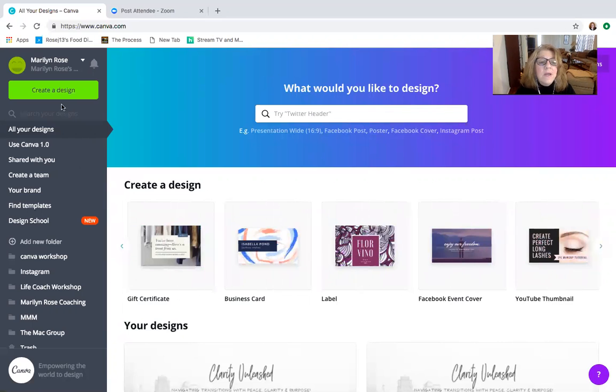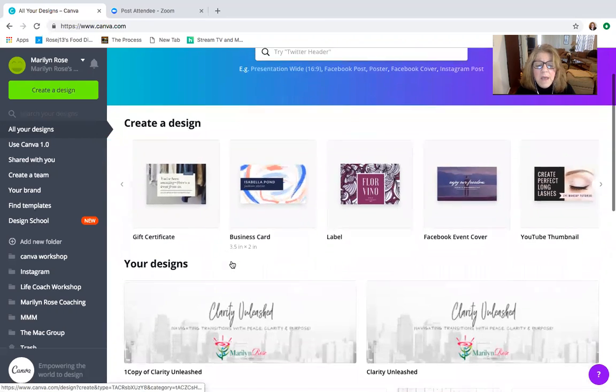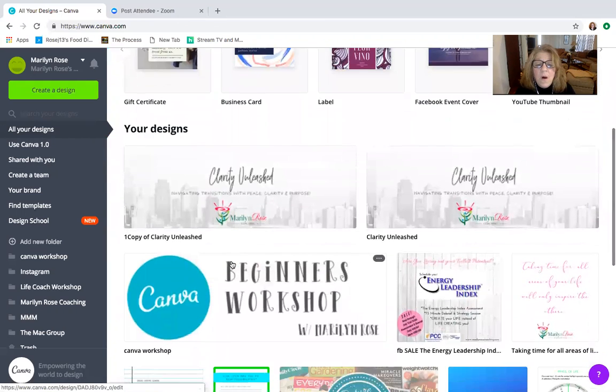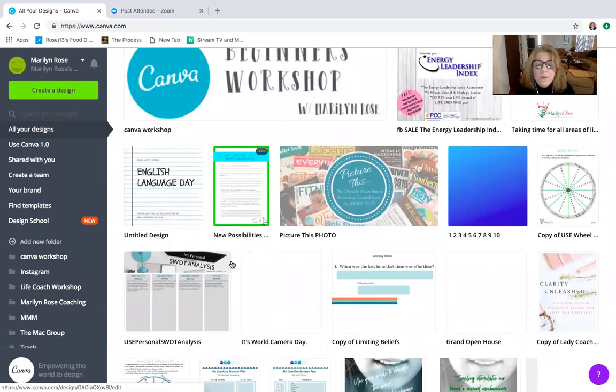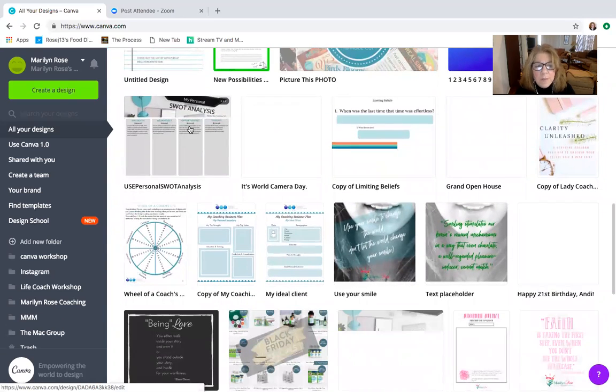Then I'm going to just take you around here. If you want to create a design, you're just clicking that. It will give you the opportunity to choose a design you want. So all of my designs, click on that, and Canva keeps all of your designs right for you. Here you're seeing my coaching when I'm helping with transitions in careers or starting a business. I created here, it's called the SWOT analysis. I created that right here on